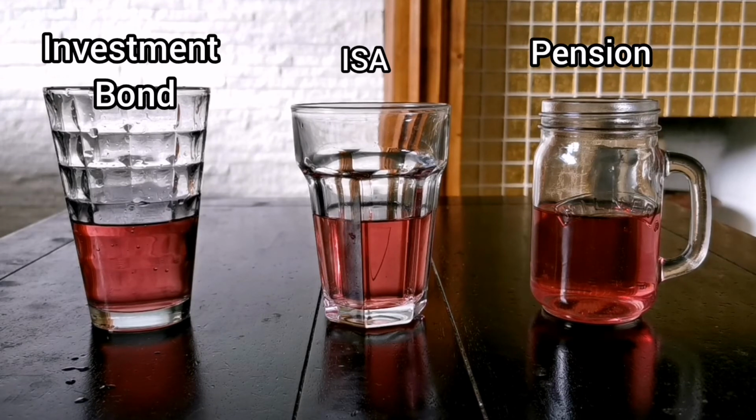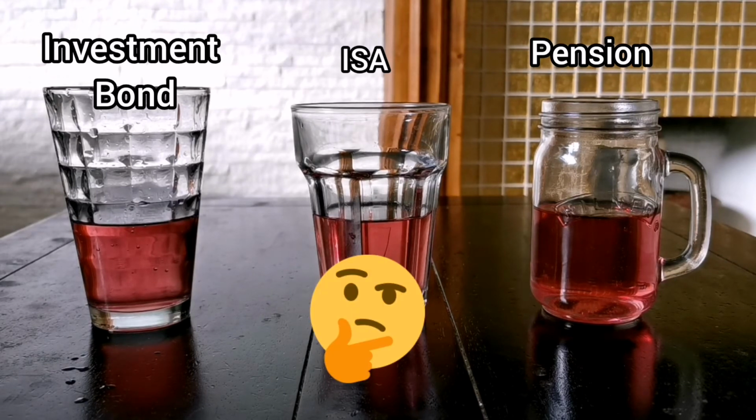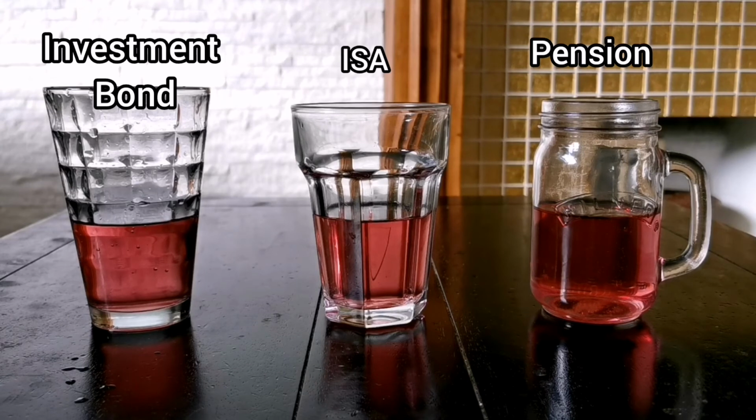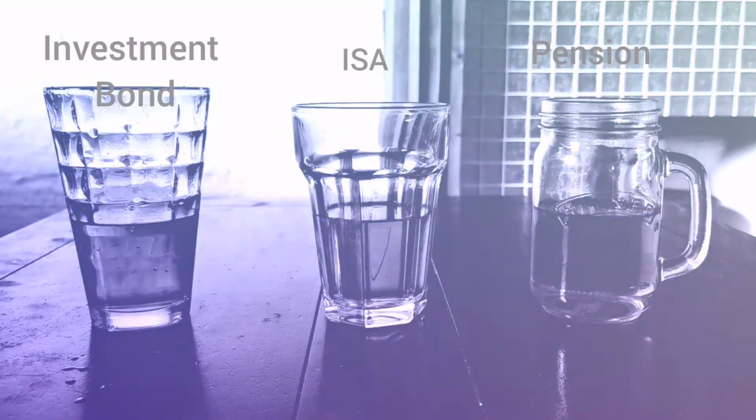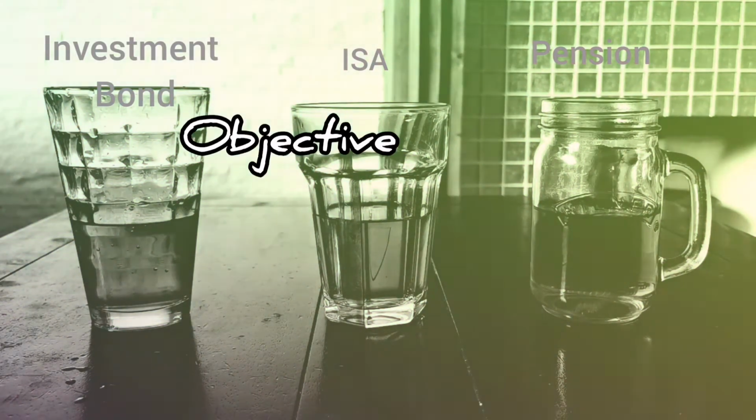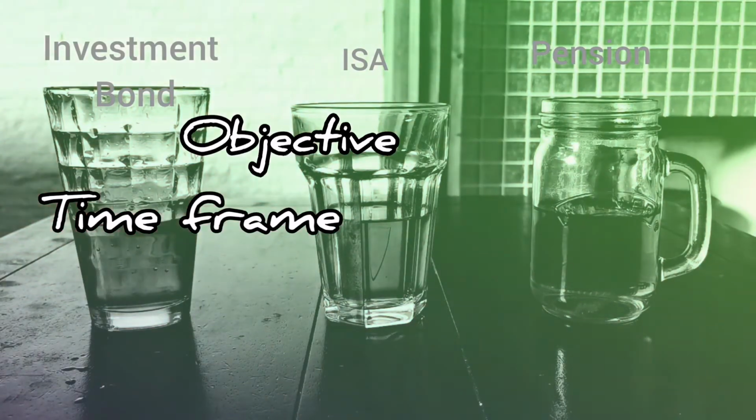Okay, so that's up to the advisor to assess. And some of the things that the advisor will look at to determine which glass to put your drink into, or which combination of glasses, it all comes down effectively, amongst other things, to your objective. In other words, what you want to do with your money, how long you have to invest your money for, so in other words, what your time frame is, how old you are, what your tax situation is,